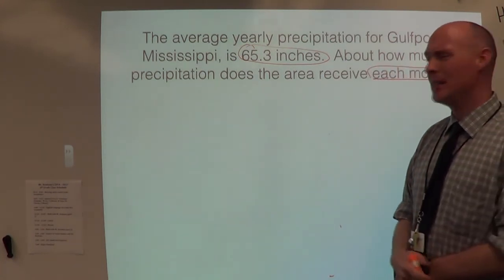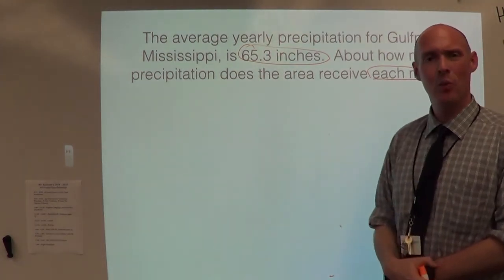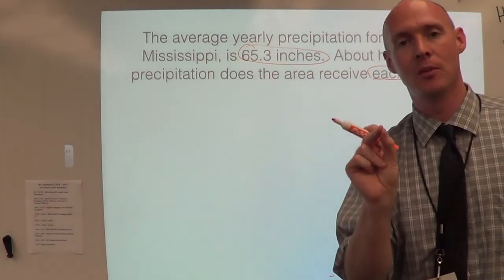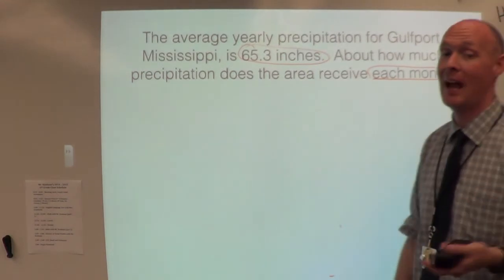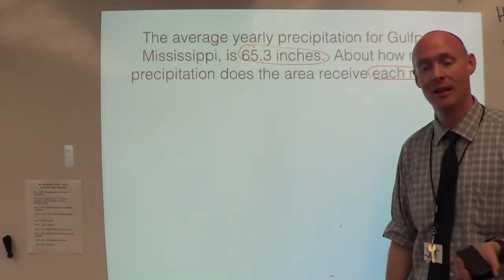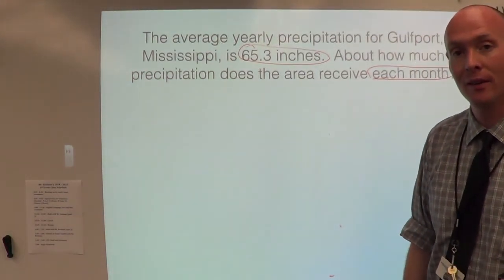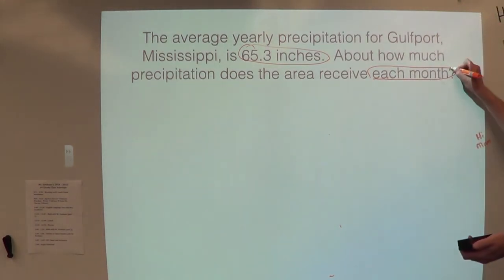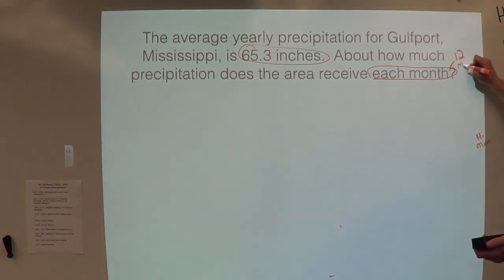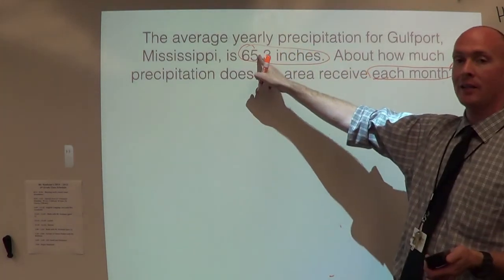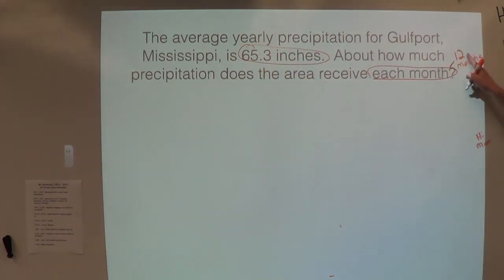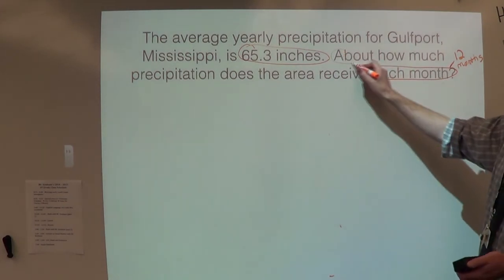So if all year it gets that much, we want to know how much it gets each month. We do need to have a little bit of background knowledge in here. How many months are in the year? 12 months. So you're going to divide that by that, and because it says about,